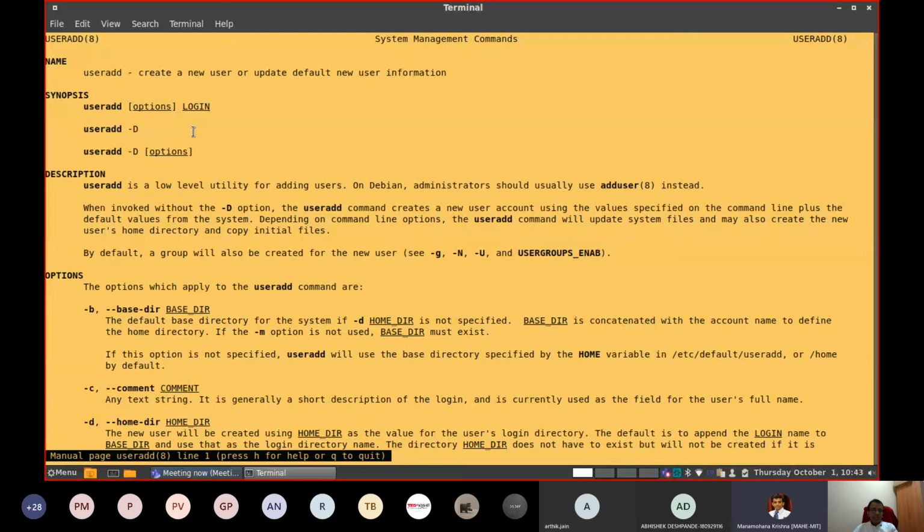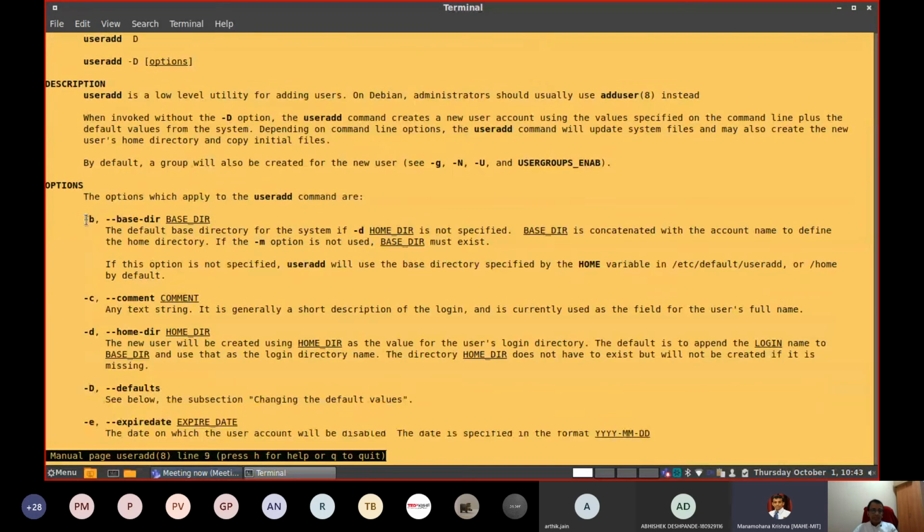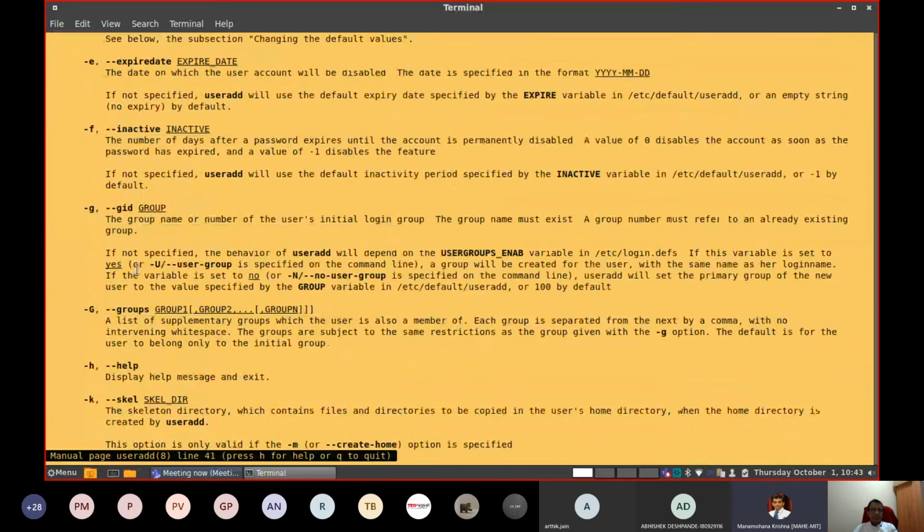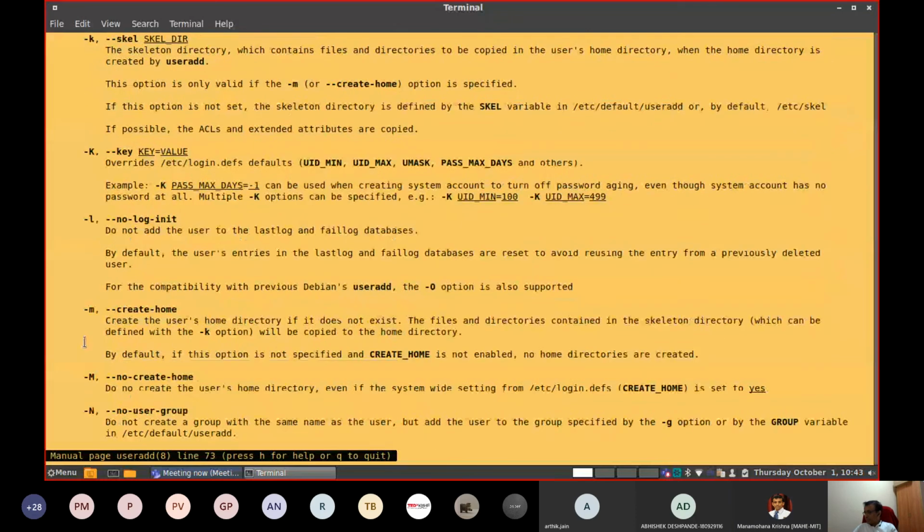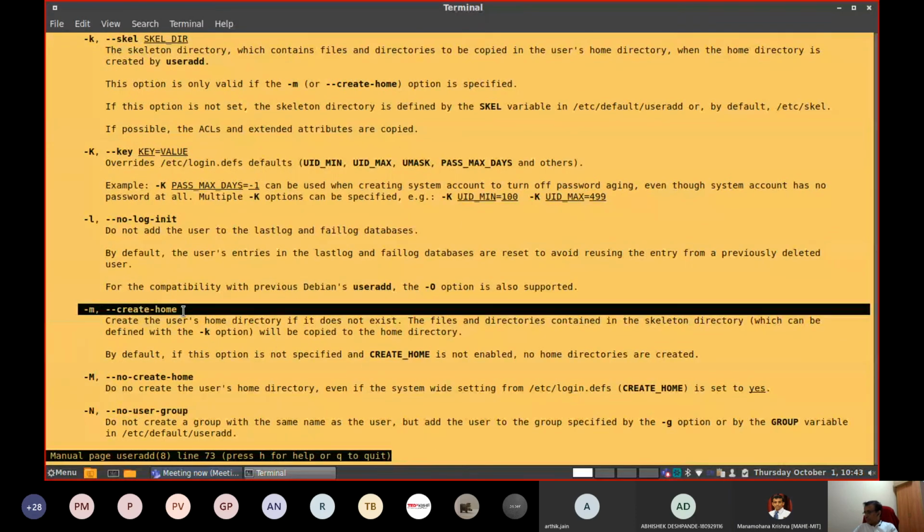Then you will get complete details of what the different kinds of options are. See, the one I gave here is -m. Look here. It says create home. Either you can say -m or else you can write --create-home in detail. A descriptive option also you can write. -m is the short form.